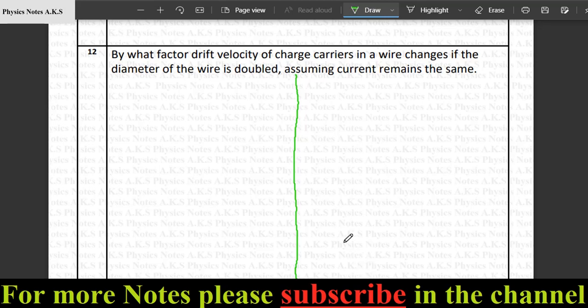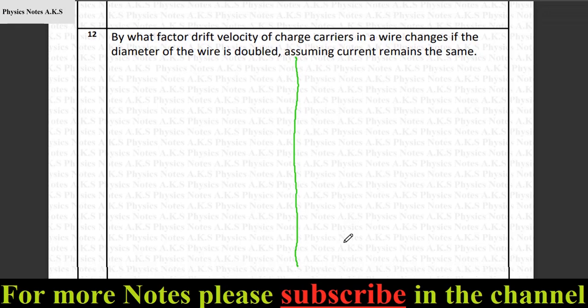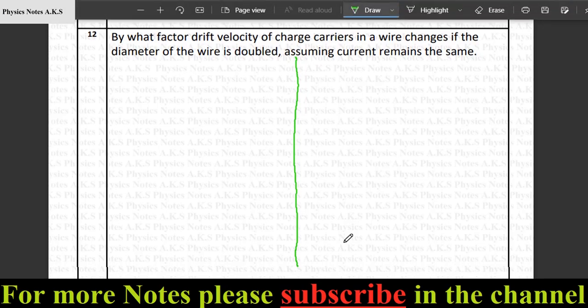Our question today here is question 12. It says, by what factor does the drift velocity of charge carriers in a wire change if the diameter of the wire is doubled, assuming current remains the same? I know from before that the formula of the drift velocity equals I divided by number density multiplied by the area multiplied by the charge